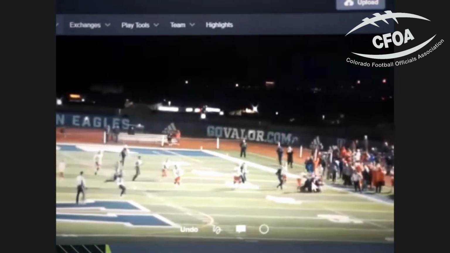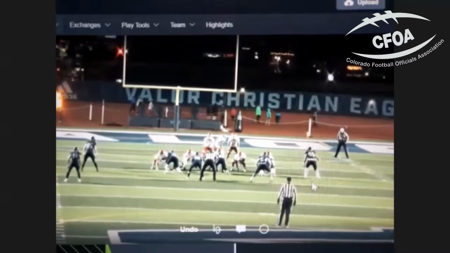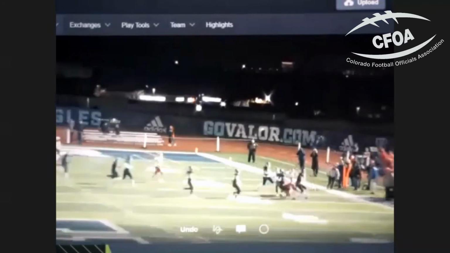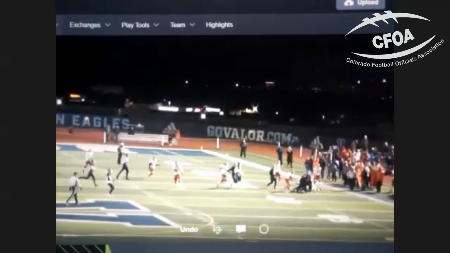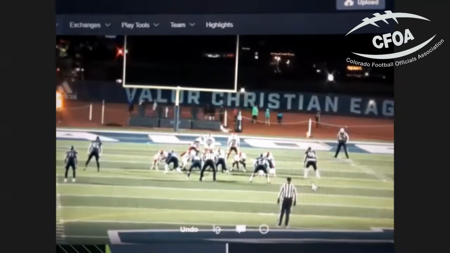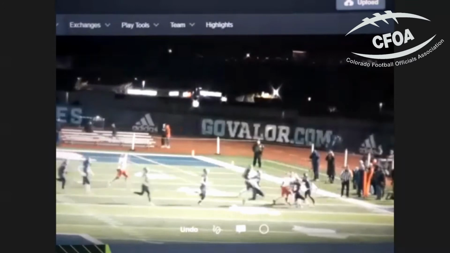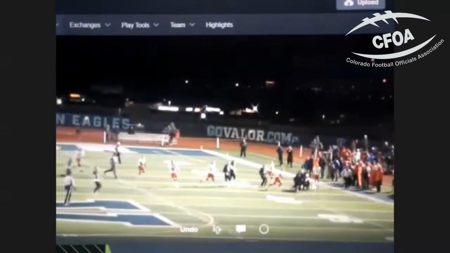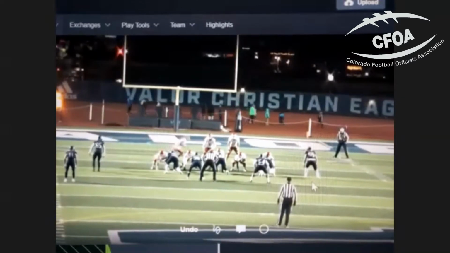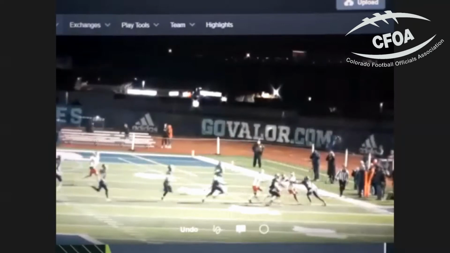Yeah, and that's the whole RPO. This is a different type of RPO where we're not reading anyone during the snap. Basically we read during motion, or we're just reading the box. So with a loaded box, we want to get the ball out to the edge. Like against Valor here, they were playing the 7-man box, so we were trying to attack the edge and get the ball out. Just different ways we can.